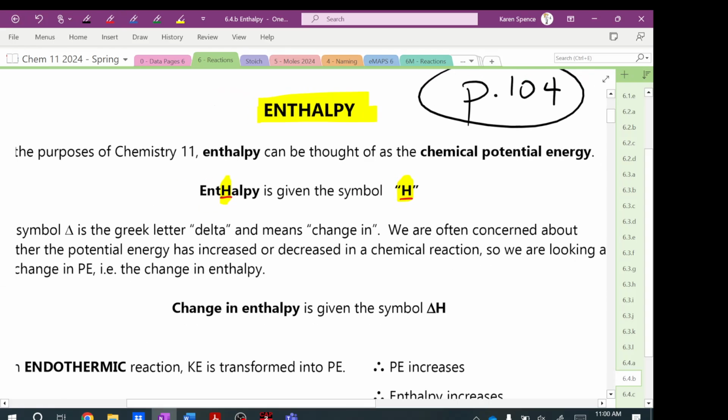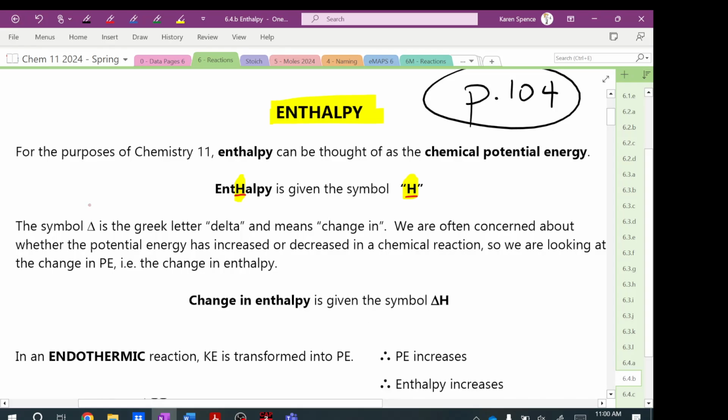Are you familiar with the Greek letter delta? Yes. Okay, what does it mean? Change. Change in. Okay, so it means change in. And when we are thinking about potential energy, we're usually thinking, was my potential energy increased? Did it go up? Or was my potential energy decreased? Did it go down? So we're actually looking at the change in potential energy, which for the purposes of Chemistry 11,